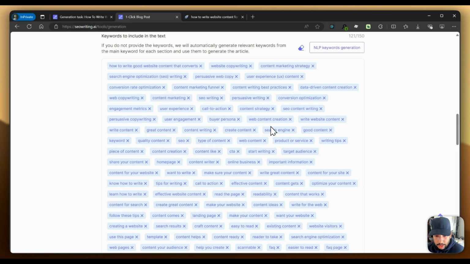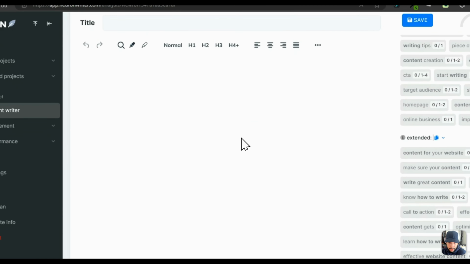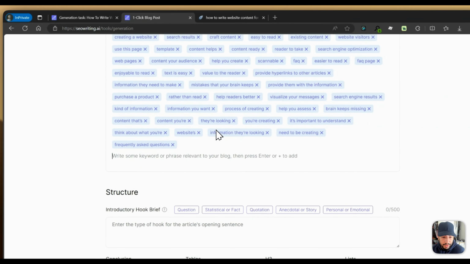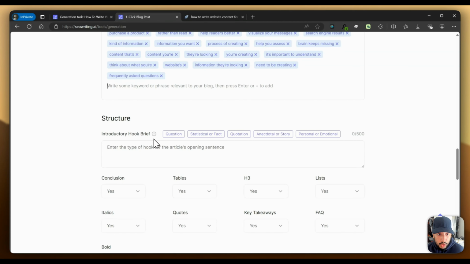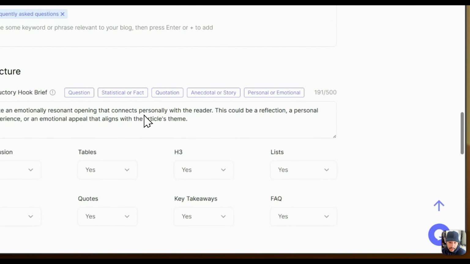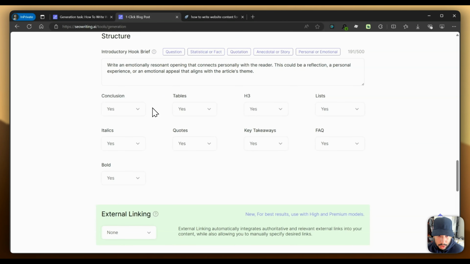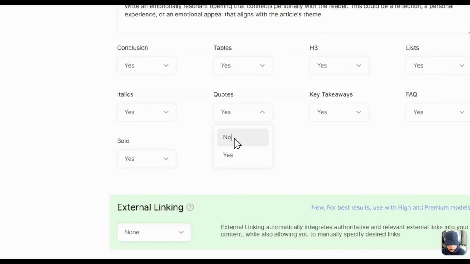I can copy the generated content and paste it into Neuron, and it'll tell me how good of a score I get based on the keywords that are in the content. And then once you have that, you can also set up the introductory hook, right? So for me, I specifically did personal or emotional, but depending on what kind of content you create, you can do that as well. I set yes to conclusion tables, H3 lists, italics, but I said no to quotes because